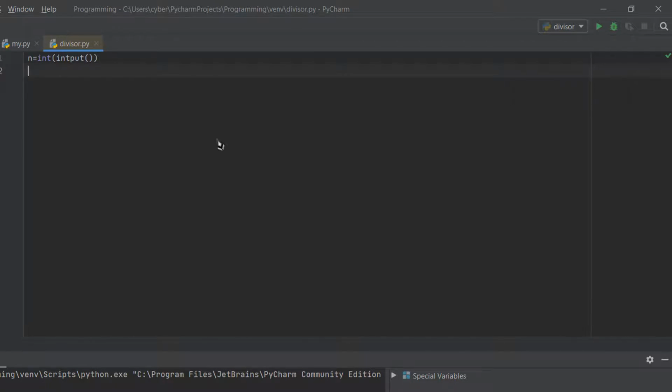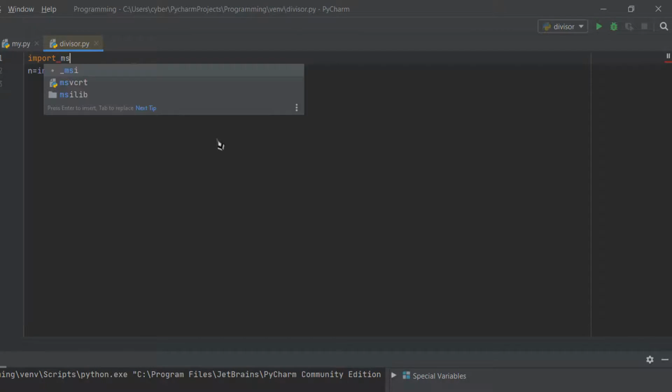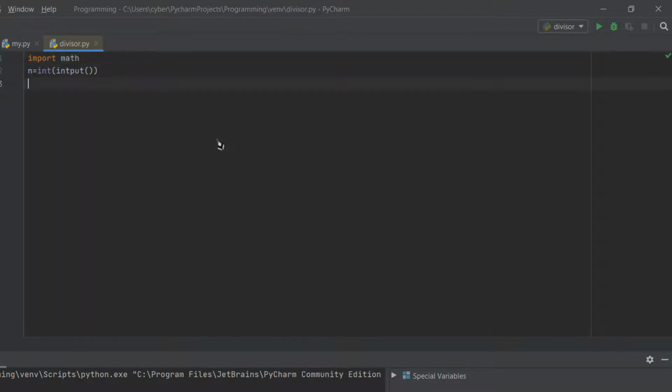For finding the square root in Python we have to import math, and we can simply store it in root. We can just write math.sqrt(n).